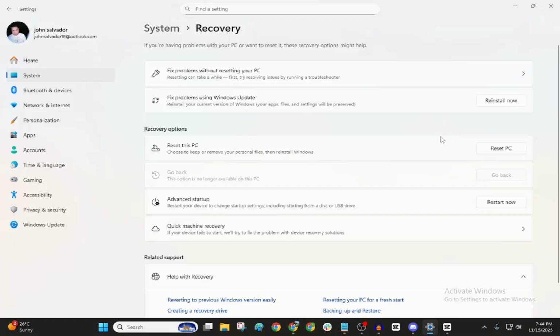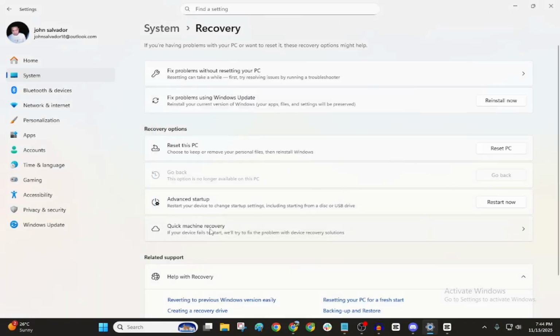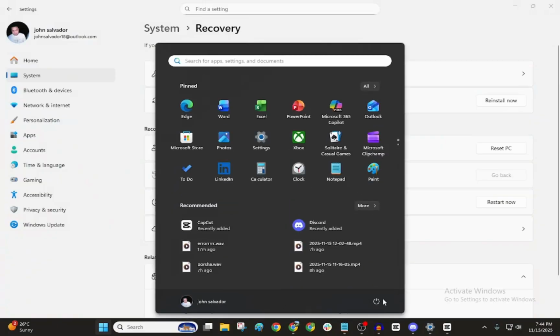This will begin the process of downloading and reinstalling the necessary update files. Then, click OK and Windows will start downloading and installing everything automatically. After the installation is complete, you may restart your PC, and once the PC is turned on, it will begin